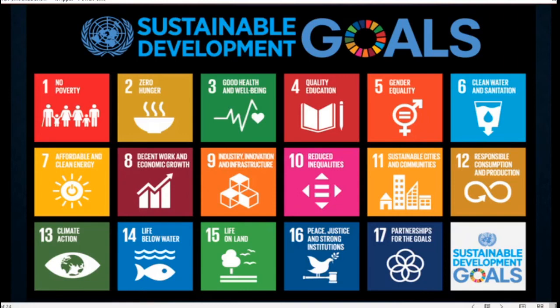There are 17 goals here, very ambitious. And Homewood had talked about how goal 1 is actually contradicting goal 15. I also see that there might be a contradiction between zero hunger and responsible consumption and production. Because the idea now is to go abroad and work and then use the money to purchase food products. But that might contribute to zero hunger, even though not necessarily well-being, because the nutrition level might be worse. And also, it is very hard to guarantee responsible consumption and production.